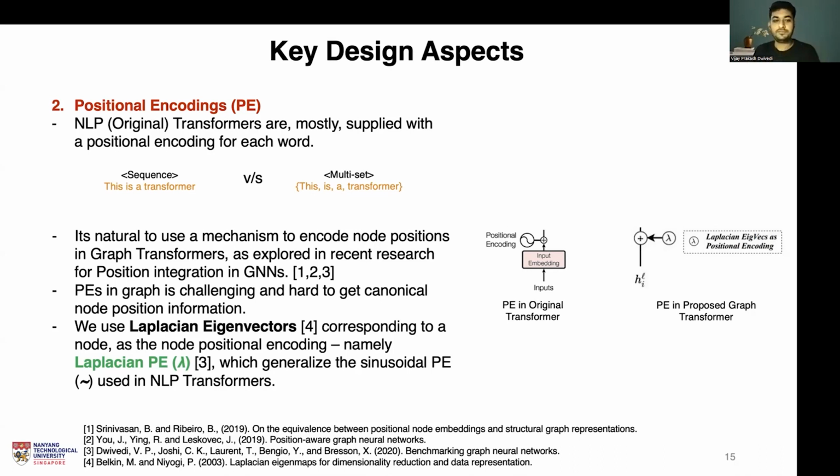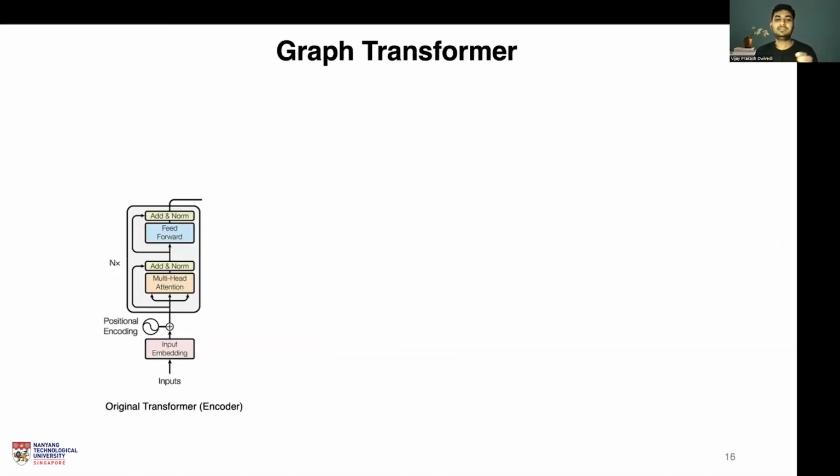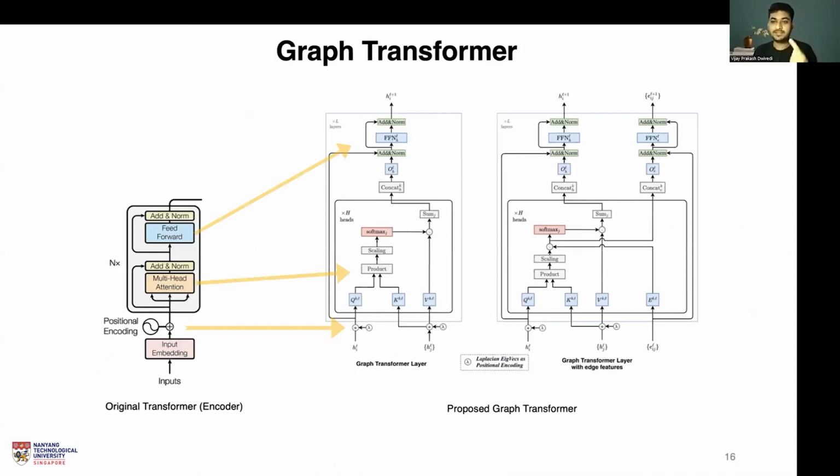The sinusoidal positional encoding we have is just for this circular line graph, which represents the special case of sentences. But now we have arbitrary graph structure data, so we can use the eigenvectors of the Laplacian to assign positional encoding. So this is the second key design aspect. And when we combine the graph sparsity and the positional encoding, we have the resultant vanilla graph transformer, where at the input, the positional encoding is generalized to arbitrary positional encoding for any graph, which are the Laplacian eigenvectors.